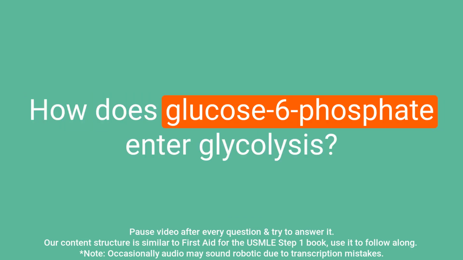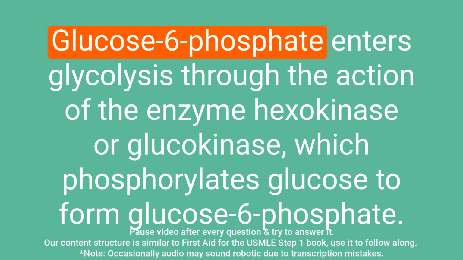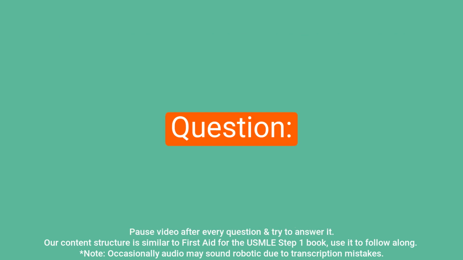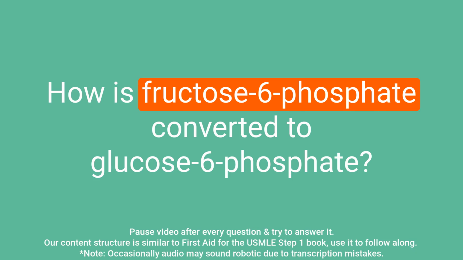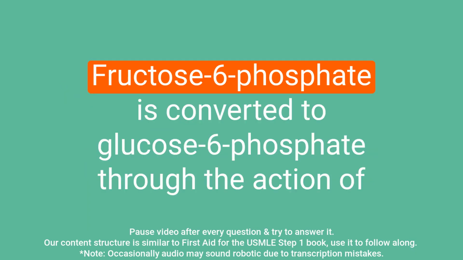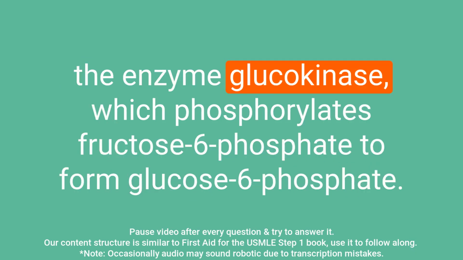Question: how does glucose 6-phosphate enter glycolysis? Answer: glucose 6-phosphate enters glycolysis through the action of the enzyme hexokinase or glucokinase, which phosphorylates glucose to form glucose 6-phosphate. Question: how is fructose 6-phosphate converted to glucose 6-phosphate? Answer: fructose 6-phosphate is converted to glucose 6-phosphate through the action of the enzyme glucokinase, which phosphorylates fructose 6-phosphate to